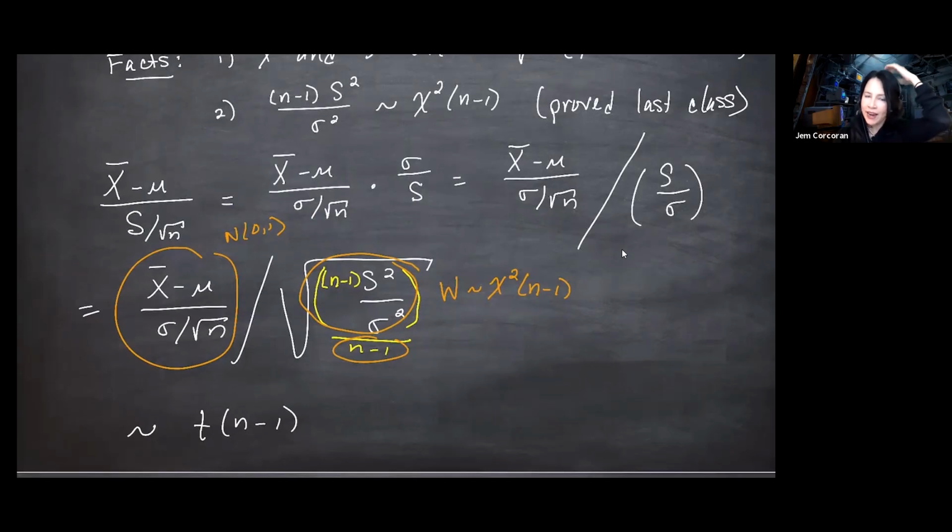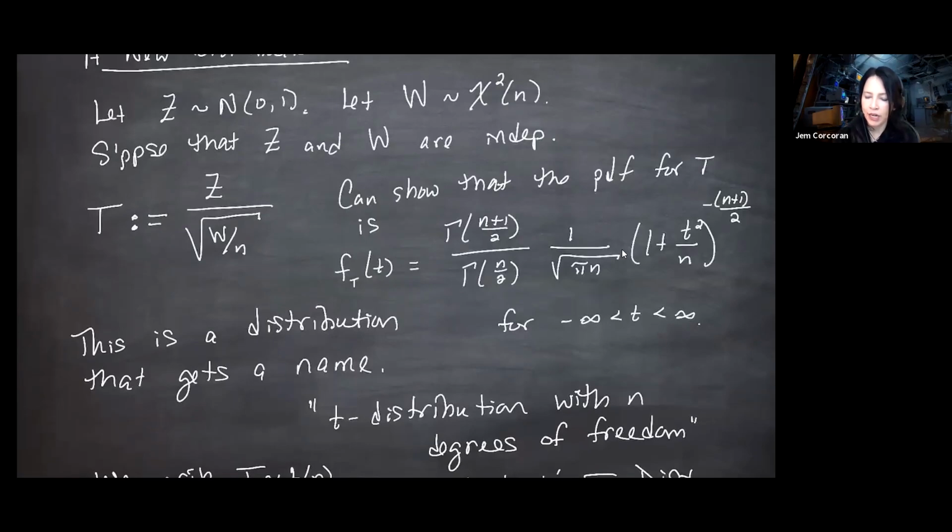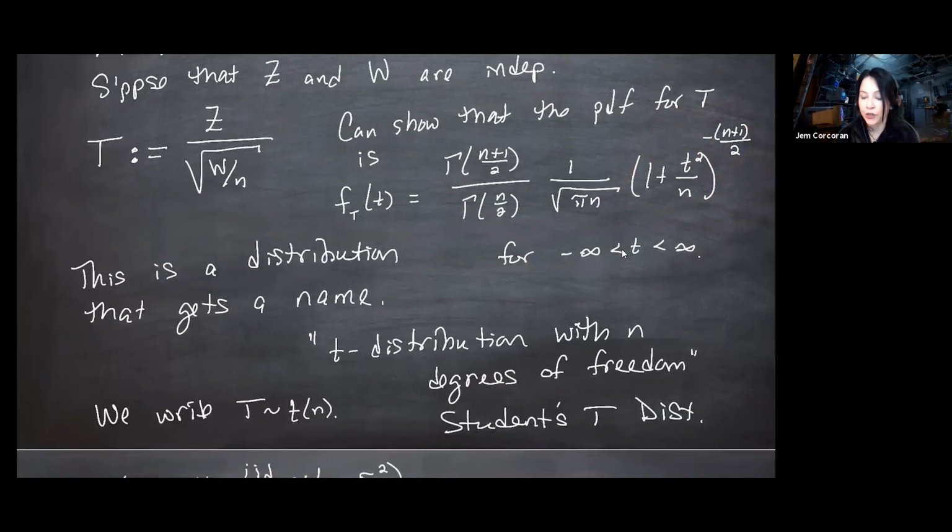Okay, by the way, I didn't draw the t distribution. I wrote a PDF down, and please excuse the scroll. If you look back at this PDF over here, if you let n go to infinity, you can sort of see something kind of like, you know, it needs some adjustment, but kind of approaching an e to the t squared. And in fact, this PDF, as n goes to infinity, approaches a normal distribution. So this guy, it's easy to see that it is symmetric about 0 because the only t in there is squared. So positives and negatives give you the same thing.